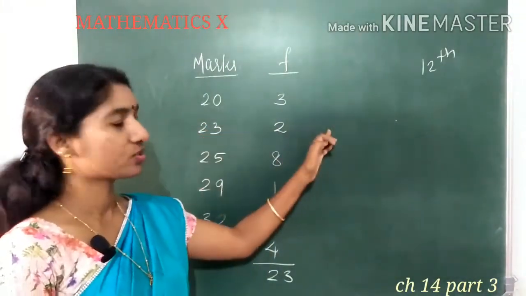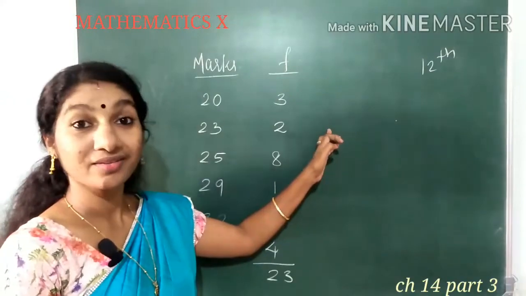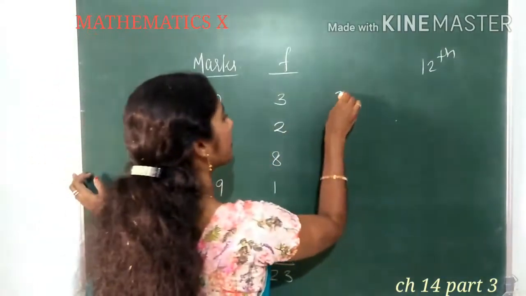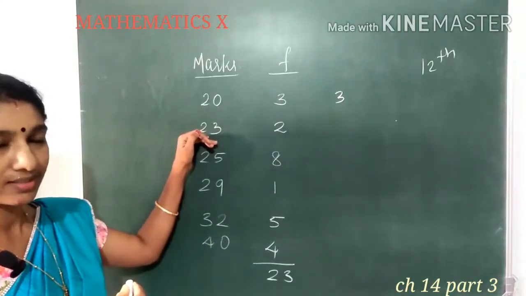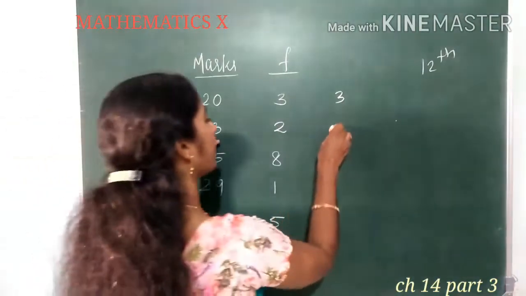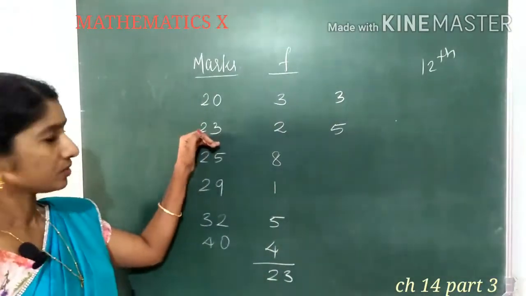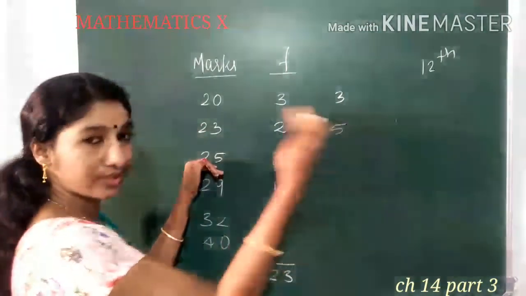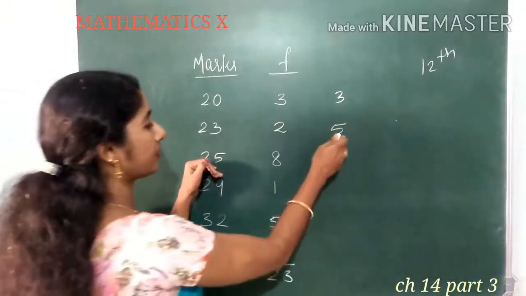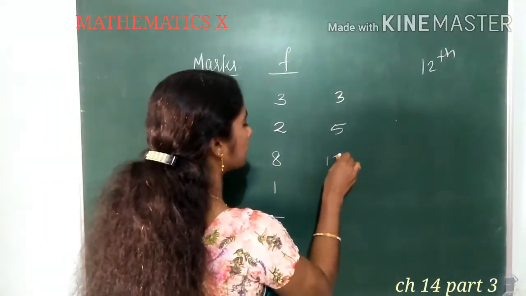So total how many students are standing now? 5 students are standing now. So those who got less than or equal to 23 marks, there are 5 students. Those who got less than or equal to 25 marks, that means 8 more students will come. So 5 plus 8, now 13